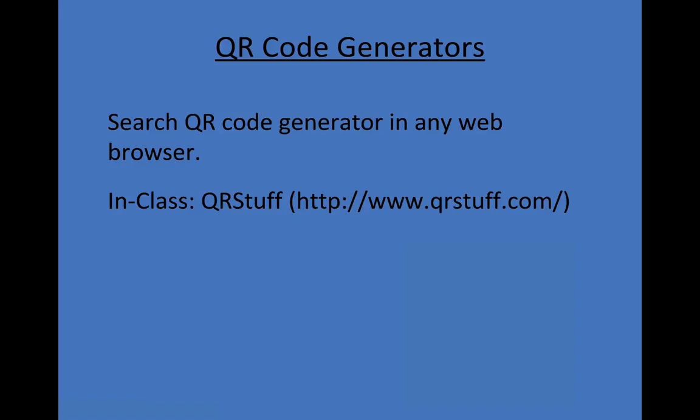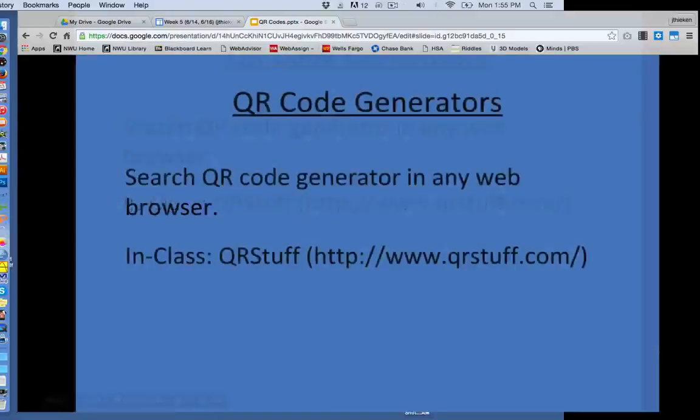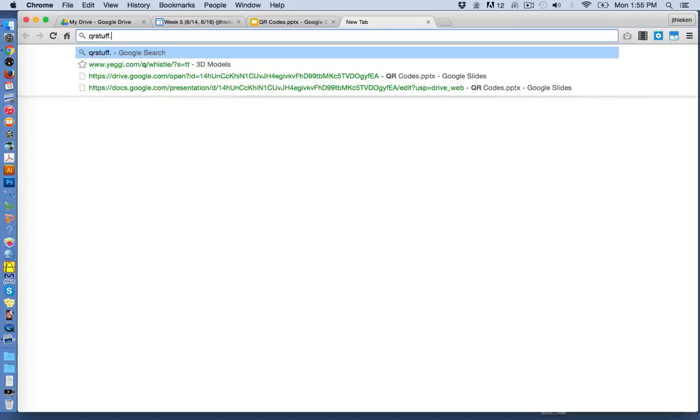Now, QR code generators. To get a QR code generator, simply pick any web browser and search QR code generators. You'll come up with dozens of them. For an in-class example, I'm actually going to talk about QR Stuff. Here's the web address, and we really just need to go to qrstuff.com. It'll fill in all the HTTP, www stuff. So we go to our web browser and type in qrstuff.com,